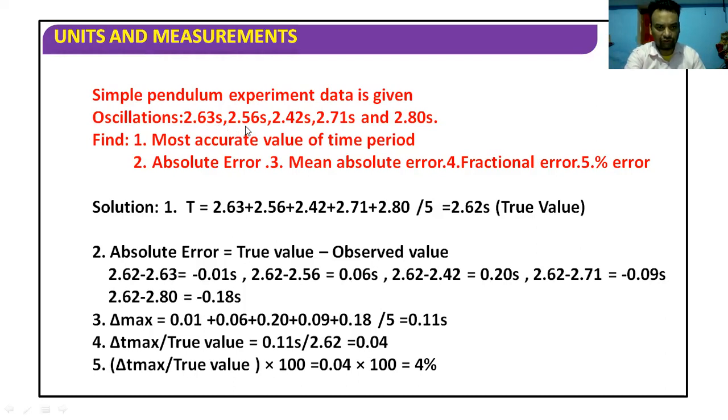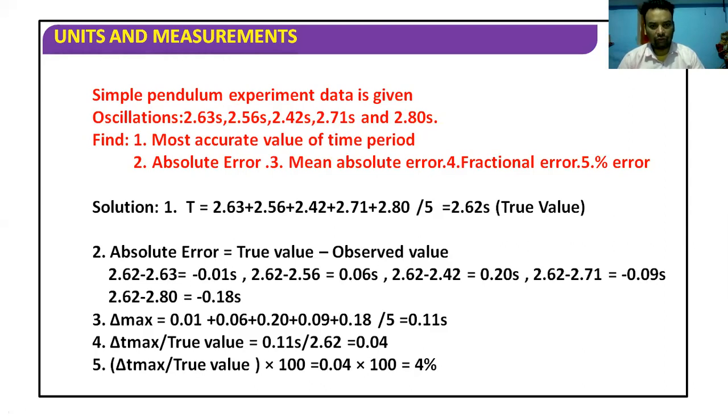In the second observation, 2.56 seconds. In the third, 2.42 seconds. In the fourth, 2.71 seconds, means 2.71 seconds for one complete oscillation. 2.80 seconds for one complete oscillation. So we have 1, 2, 3, 4, 5 readings. We have 5 readings, means 5 observations, and we are asked to find out